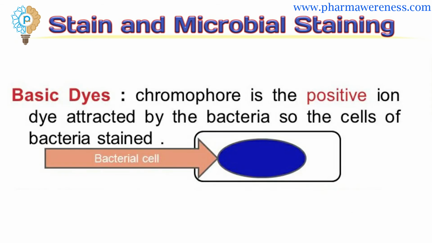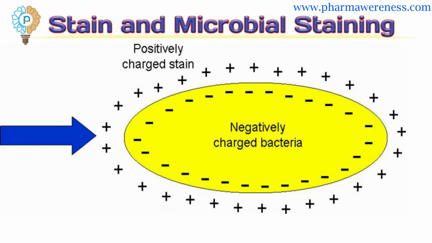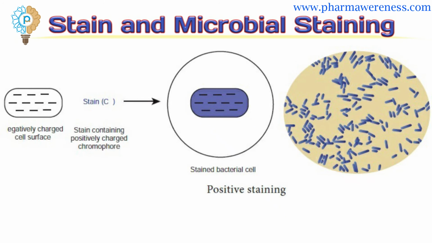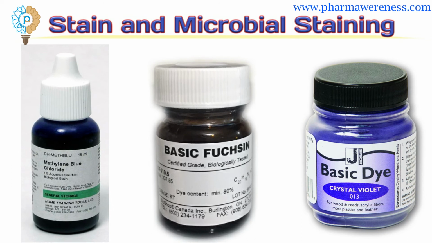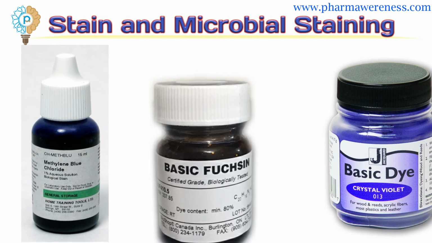Examples of acidic stains are picric acid, eosin or nigrosin, etc. What is a basic stain? Basic stains are positively charged or cationic stains, which means at the time of ionization of the stain, the chromogen portion of the stain exhibits a positive charge, which has a strong affinity to negatively charged cellular components like nucleic acids. As a result, the positively charged chromogen of the stain strongly binds to the negative cellular components of the cell. This results in coloring of the bacterial cell. Examples of basic stains are methylene blue, basic fuchsin, crystal violet.